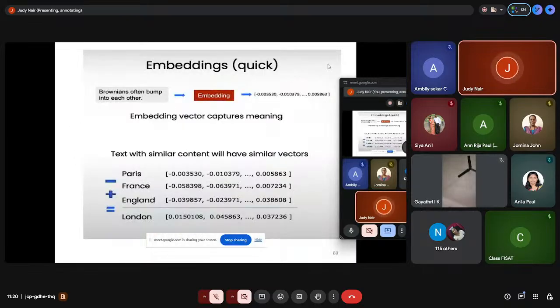So these are examples of the embeddings that are given there. This is for controlling the model. I told you what the different embeddings are. For example, Brownians often bump into each other. This is an embedding, then what is an embedding vector? This is also added in the unit as an additional thing. Sometimes you can also give other contexts, either through text embeddings, or instead of using a classifier and then using the gradient of the classifier, we can directly give categorical vectors also.